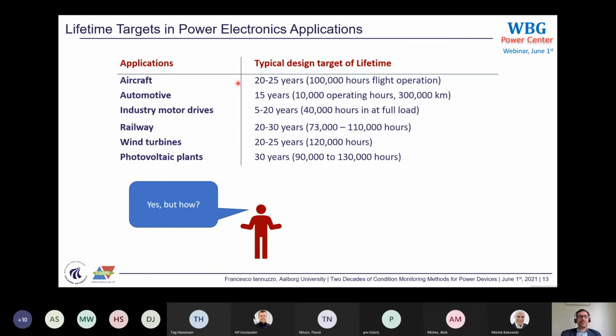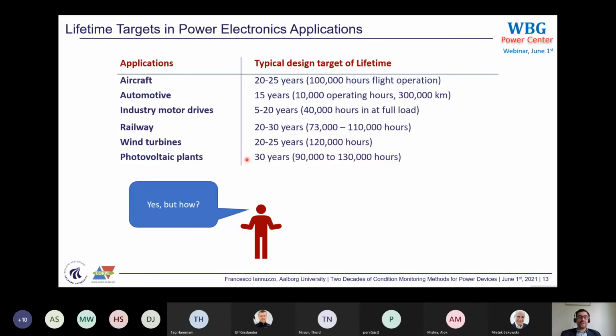You can see that power electronics is largely competing with traditionally highly reliable industries like aircraft or heavy train applications. So it is quite a message, thinking of photovoltaics and wind turbines aiming at 25, 30 years